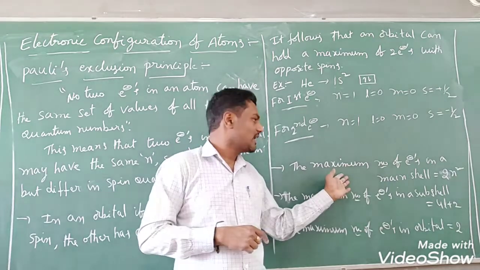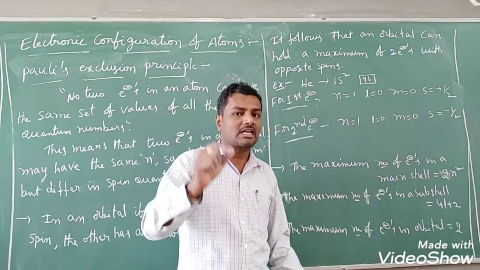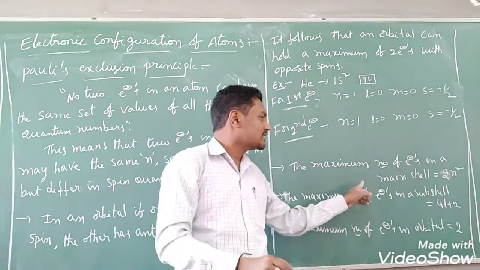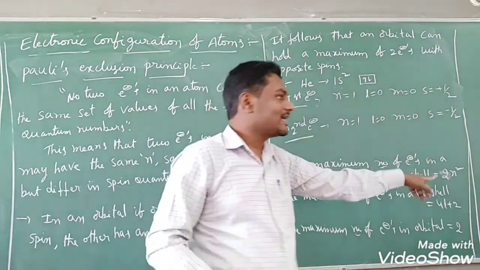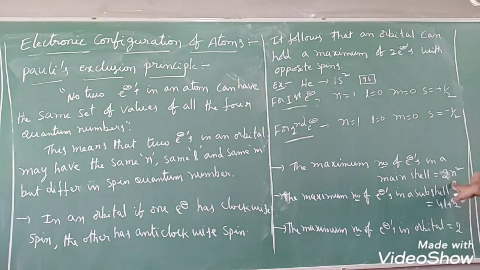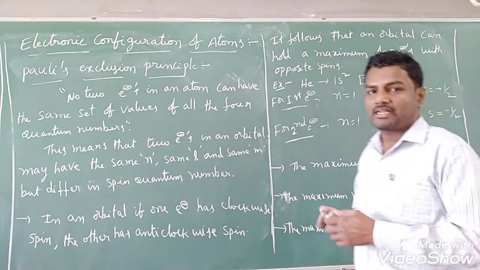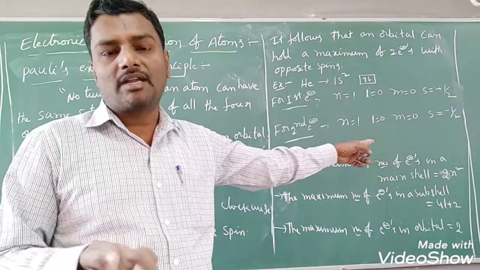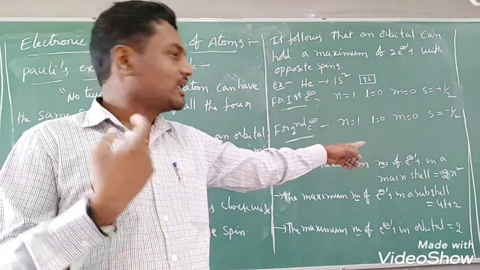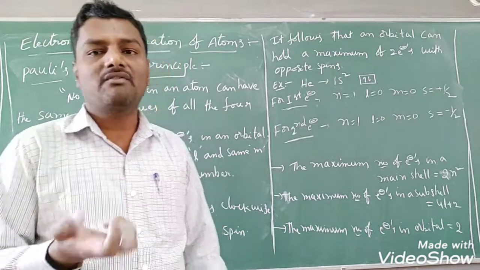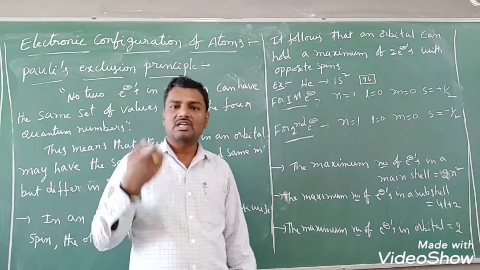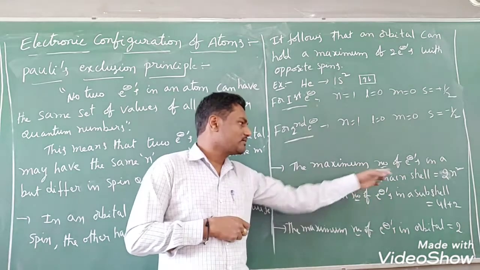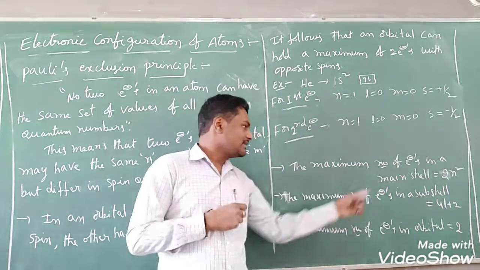So already we have seen the formulas. Again I have written here, the maximum number of electrons we can accommodate in the given principal energy level, the given main shell, is denoted with 2n square. What is n here? Principal quantum number, n value, right? In the first orbit, how many maximum electrons can we accommodate? You can substitute n value 1. In the second orbit, how many electrons can we accommodate maximum? n equals 2, you can substitute. Like that we can calculate for the first shell, second shell, third shell, fourth shell. The number of electrons in a main shell we can calculate, students, by using the 2n square formula.